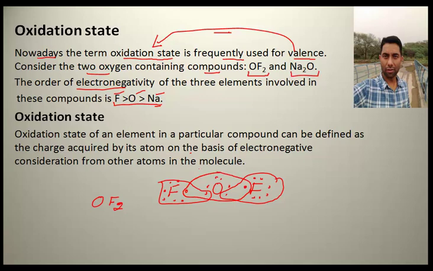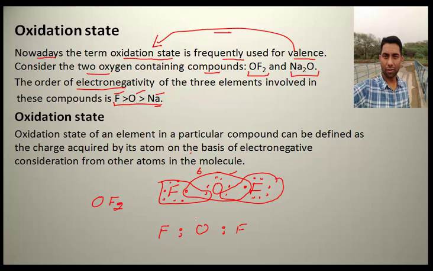So thereby there were 6 valence shell electrons. Now it has shared 2 electrons, so its octet is completed in case of oxygen, and for fluorine it has shared 1 electron, so octet is completed. Okay, now we can represent it like this, that the shared pair of electrons is here, and then the shared pair of electrons is here.